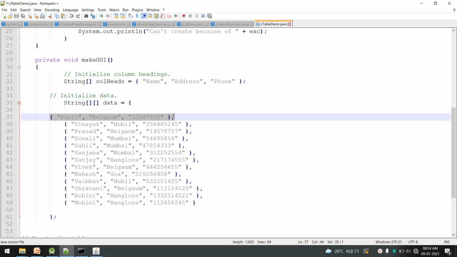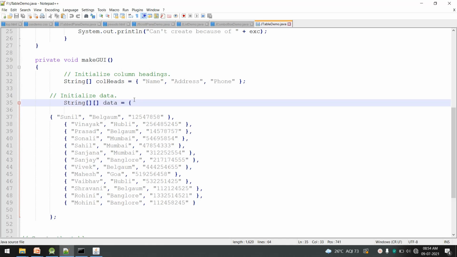So this is my first row, then the comma, second row information, third row, fourth row, like that. In the two-dimensional array the first row contains a name like Sunil, address and the mobile number. The second row, again, has to be inside the flower brackets. Like this we have created a set of rows and that has been stored in a variable called data.